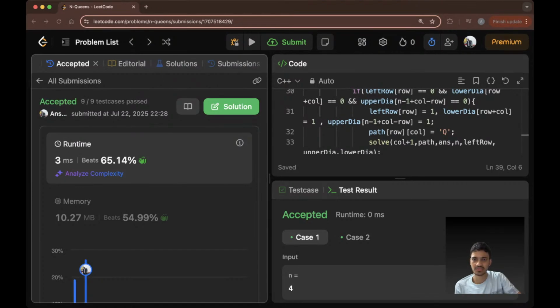The size is 2 into n minus 1. If it is the lower diagonal, then row plus column, and if it is the upper diagonal, then n minus 1 plus row minus column. Okay,